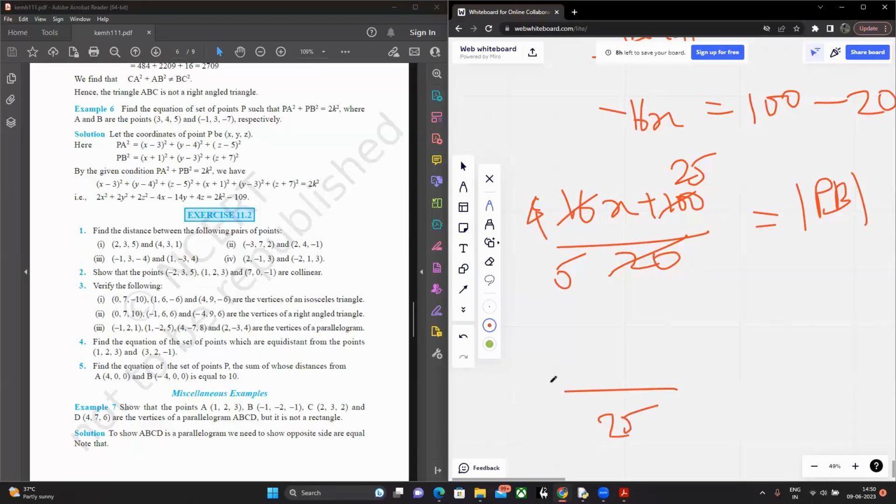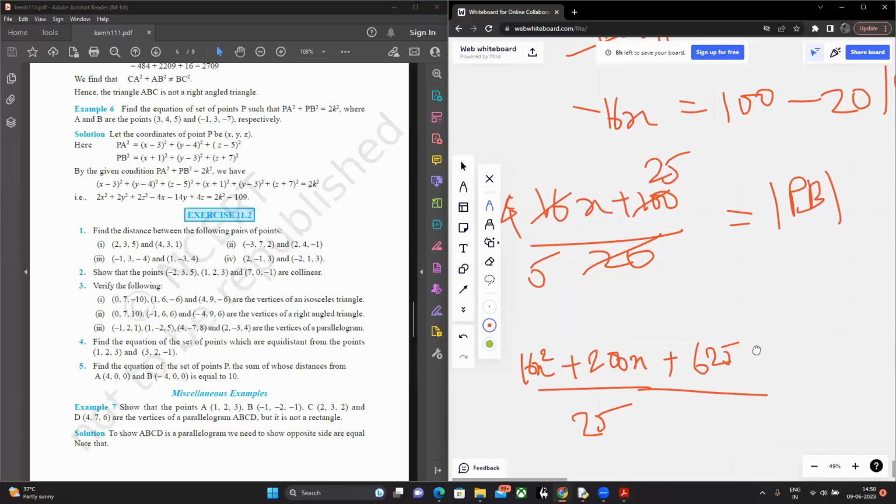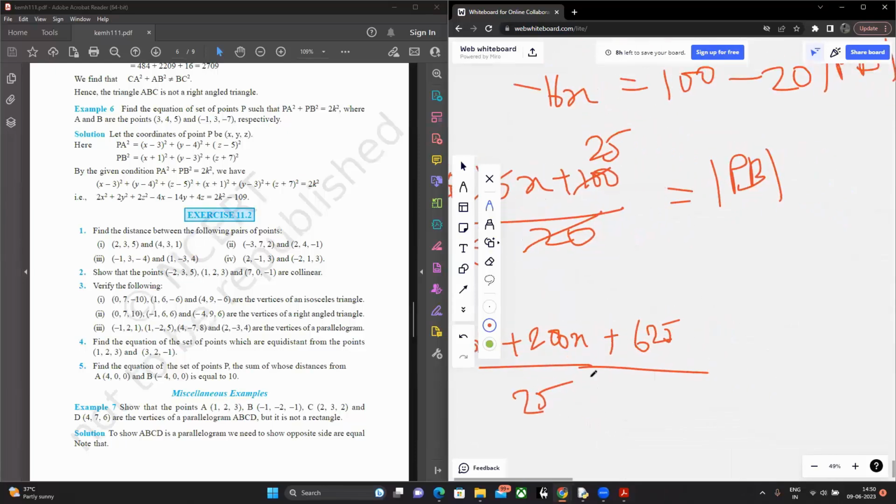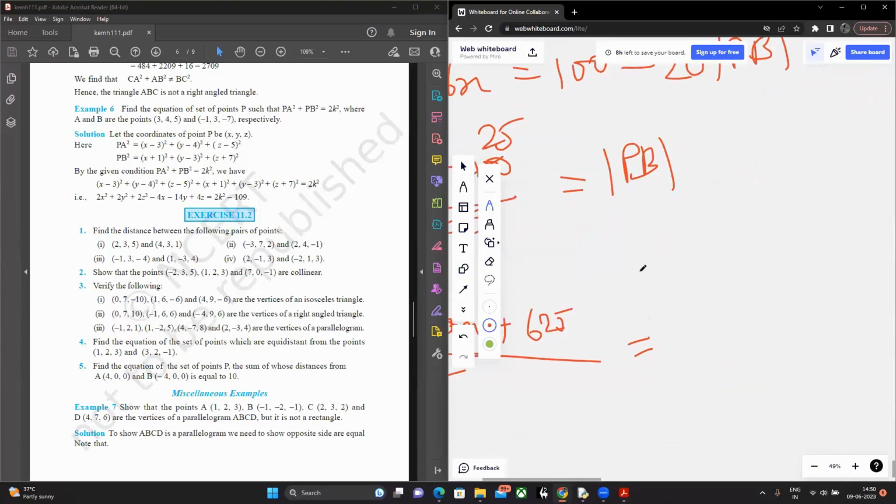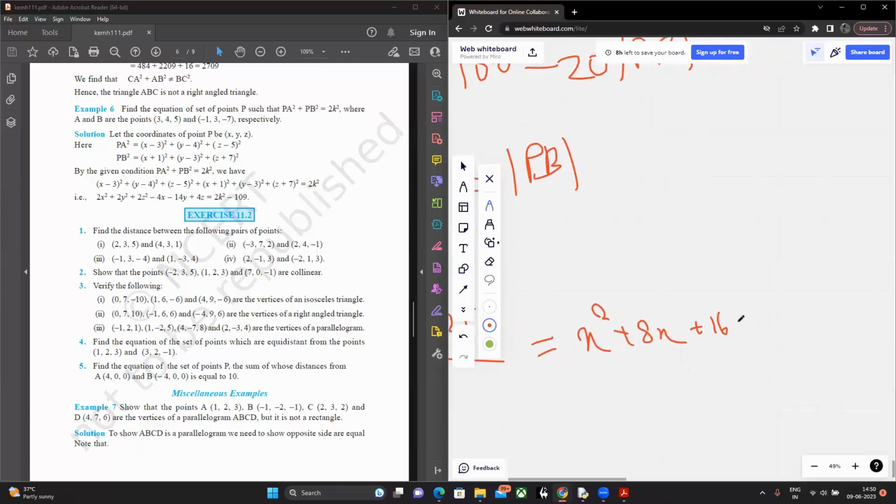In the numerator, I'm going to get 16x squared plus 100 plus 200x plus 625, right? And it's divided by 25 is equal to your mod PB square, that is going to be x squared plus 8x plus 16 plus y squared plus z squared,